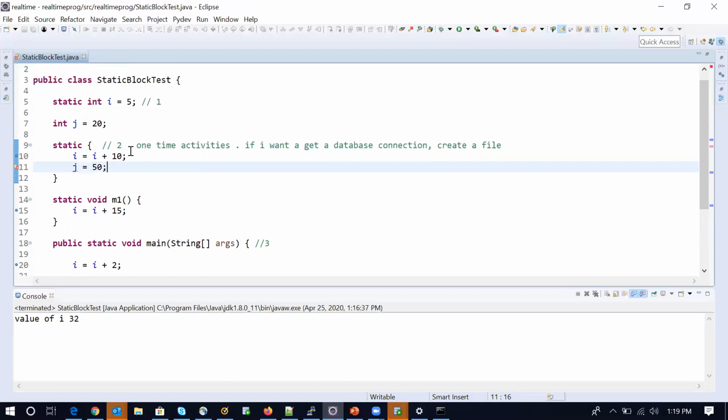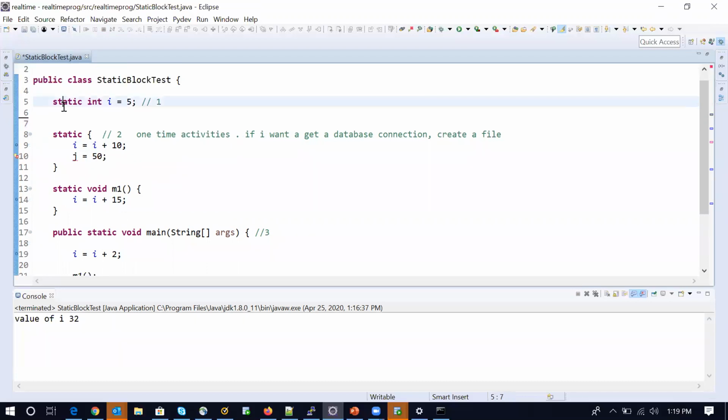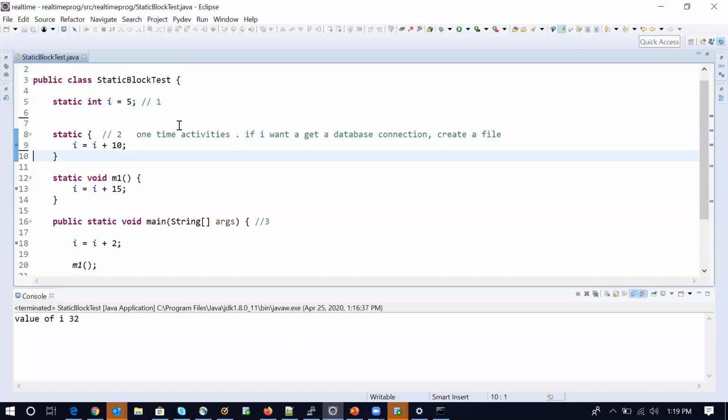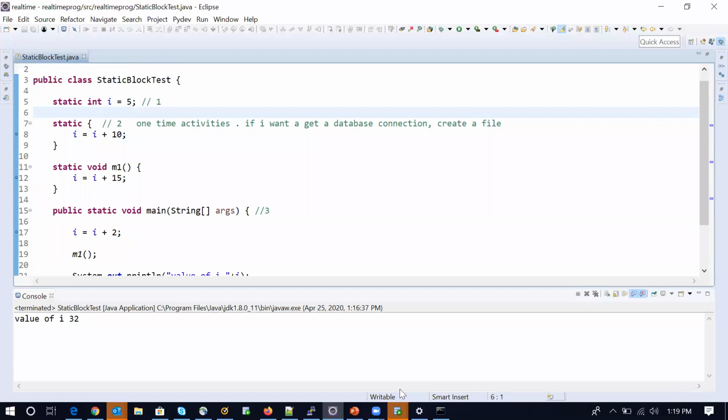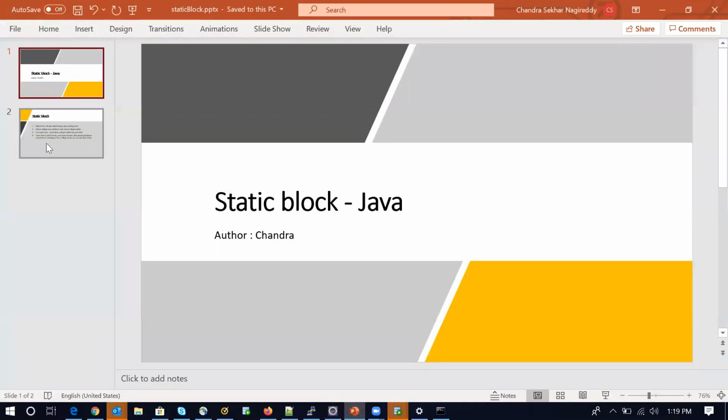We cannot use non-static members directly. If you want to use j, it also should be static. Otherwise we have to create an object and use it, but directly we cannot use non-static members within a static block.